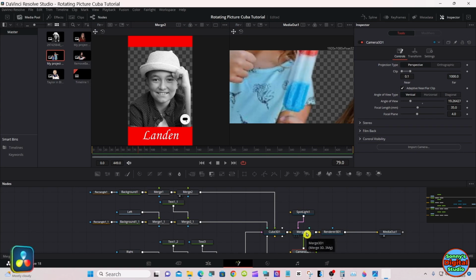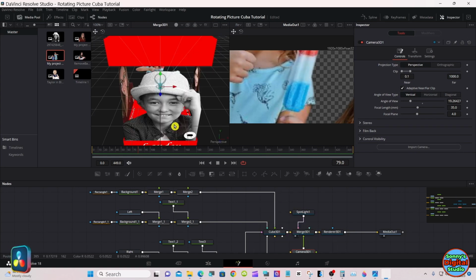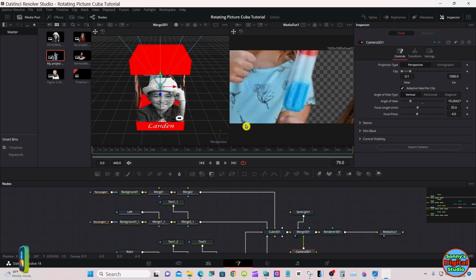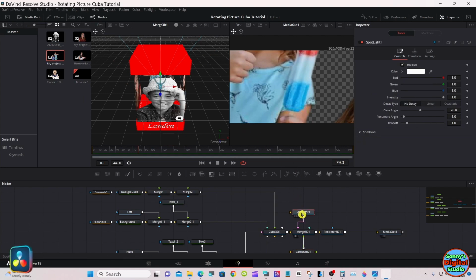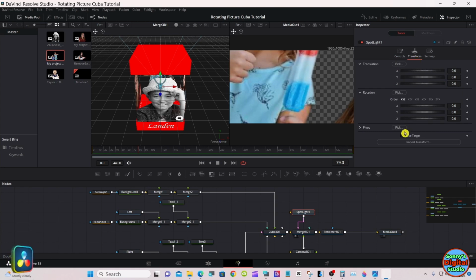Drag this merge up in the left viewer. Go to the Spotlight node and then go up to the inspector under Transform. Select Use Target.